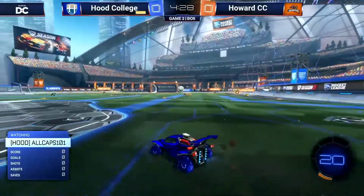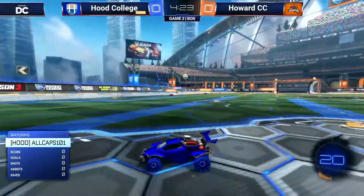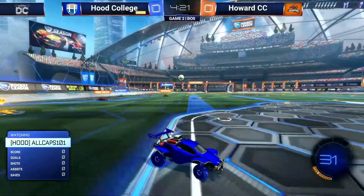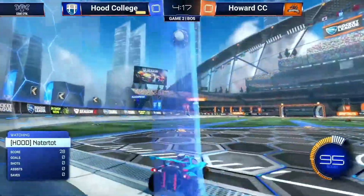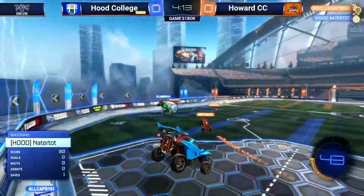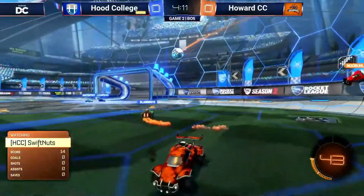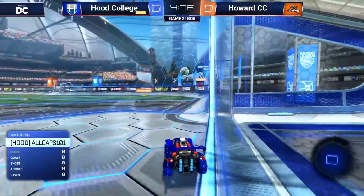Will play it off the side wall. The follow-up shot will go just wide. Now it's Nader Top looking for the clearance for Hood College. Logs and Trees will play into Hood's defensive end. Nader Top going up, gets credit for the save, and Slamming with the clearance into the corner, but it's played